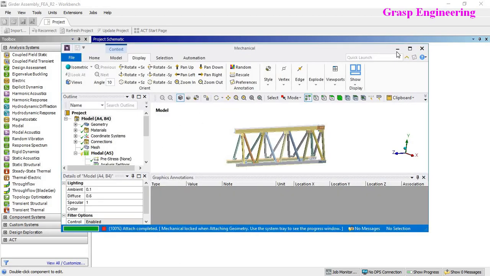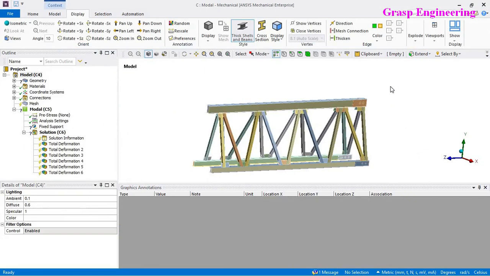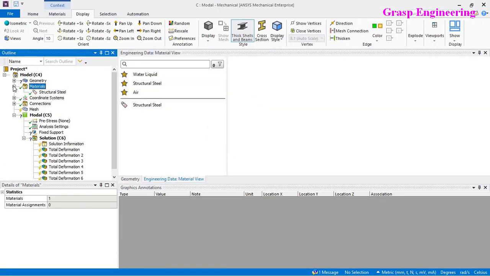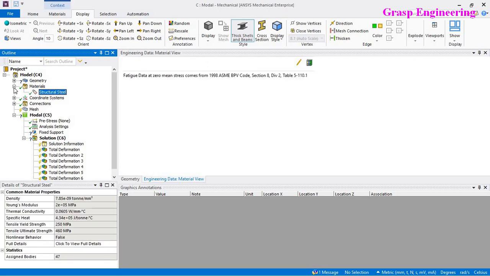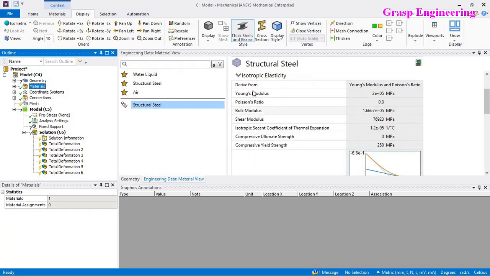Now you can see that our mechanical is refreshing and the geometry is already created under the mechanical tab. What we are talking about is the material. You can find structural steel over here, which is already there by default, and you can even see the characteristics, or you can say the mechanical properties, like Young's modulus, Poisson's ratio, and bulk modulus.